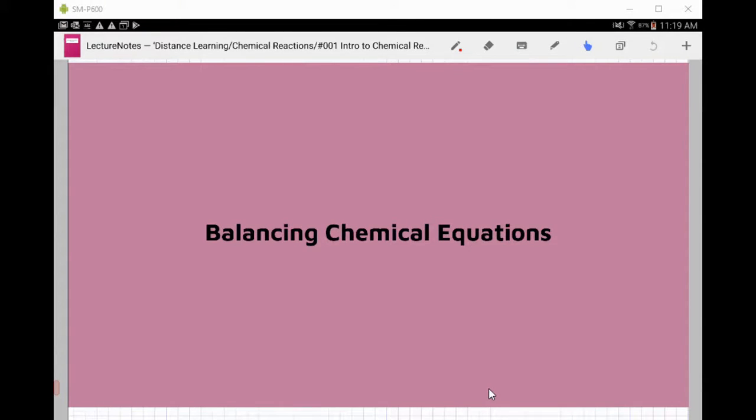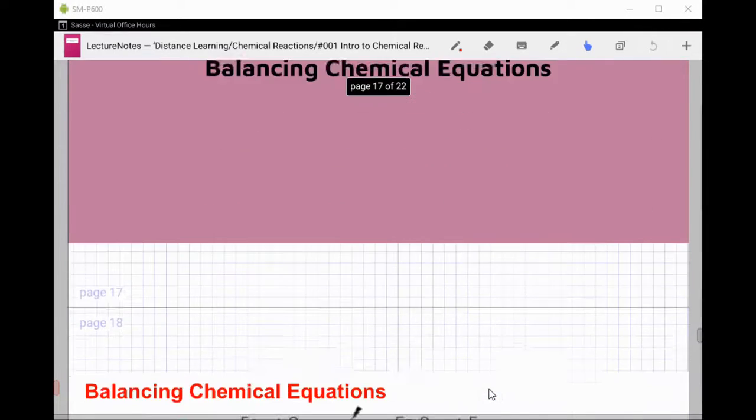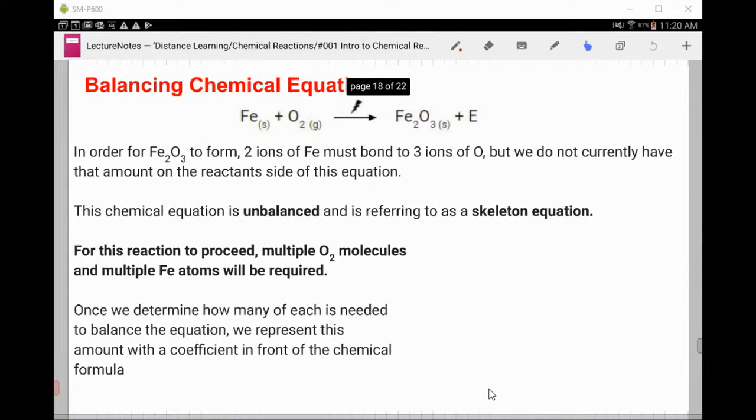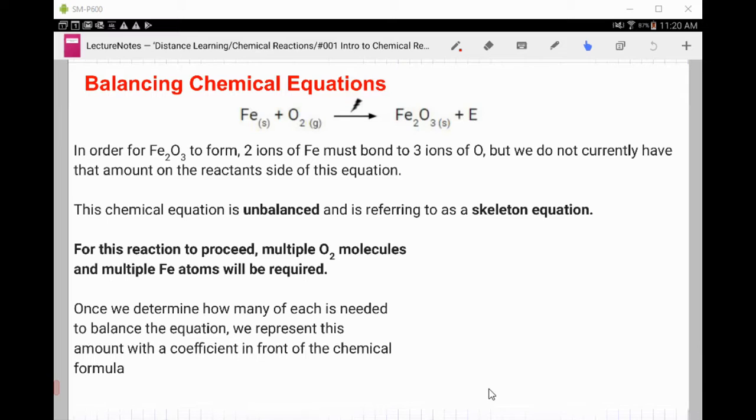All right, so after we talked about the law of conservation of mass, we talked about the need for balancing chemical equations to have the same number of atoms on the reactant side as we do on the product side. So for balancing chemical equations, as we discussed, at the end of this reaction that we were using for the last video, we have 2 iron ions and 3 oxygen ions present in iron 3 oxide. So to get that, at minimum, we need to have 2 iron atoms and 3 oxygen atoms combining together to